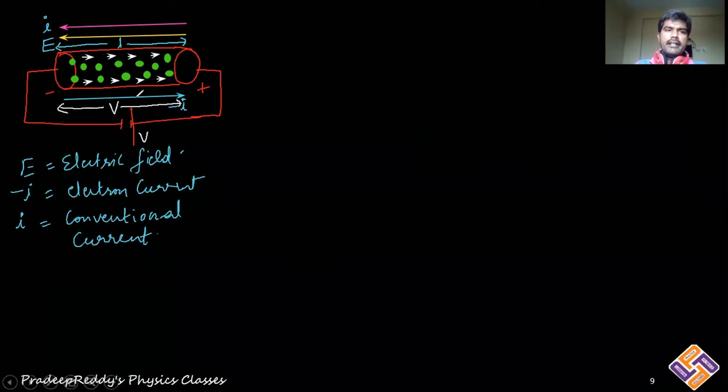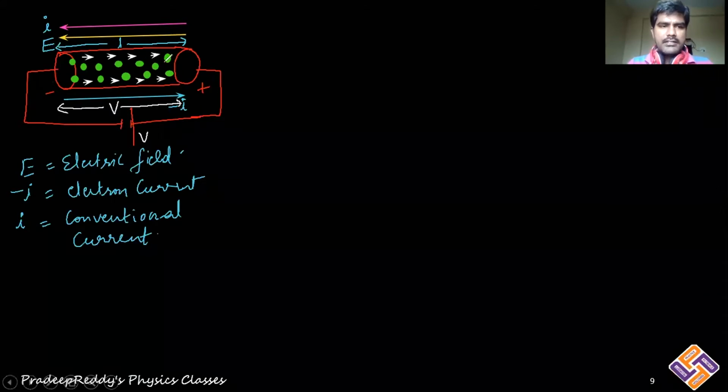Students, we are taking a conductor here, and in that conductor, as we are considering it as metal, there are ions. Green color dots represent ions. As we are providing an electric field over here, like we are connecting it to a battery, therefore electrons are drifted in the direction from negative terminal to positive terminal, setting up conventional current as well as electron current. Now there is an electric field as well as potential difference throughout this conductor.